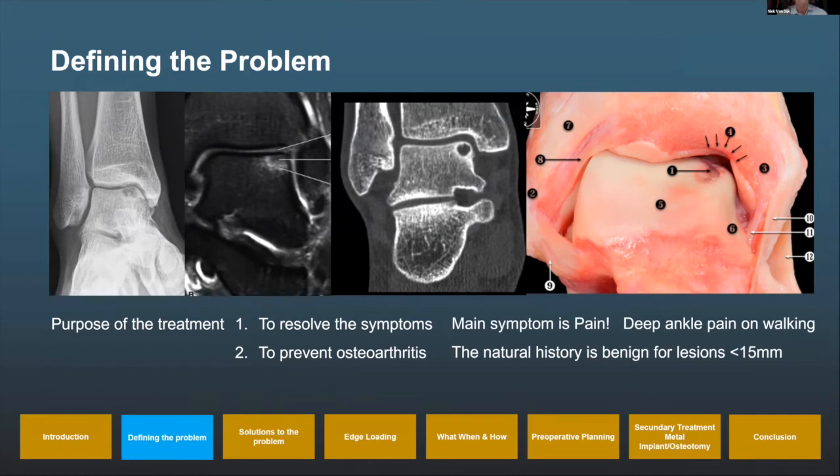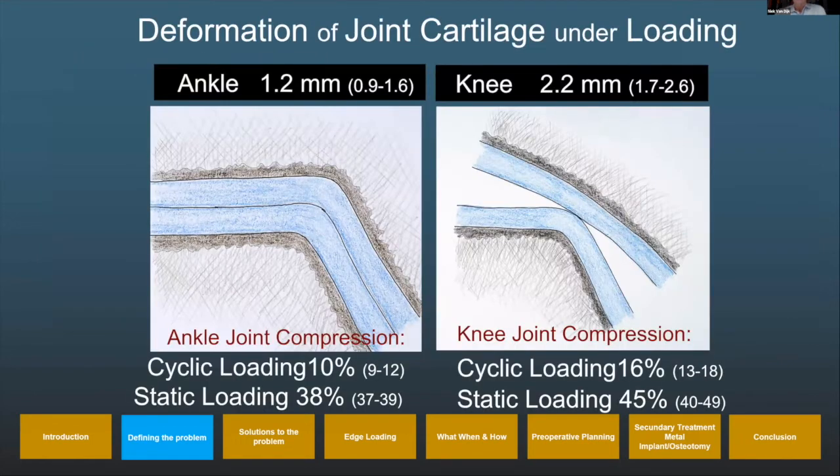These patients have deep ankle pain on walking. And the pain comes from the bone. There are no nerve endings in the cartilage, as we all know. And if we look at the mechanism, then on the right you see a knee joint, an incongruent joint with thicker cartilage. The knee has 2.2 millimeter thickness of cartilage. And on the left,